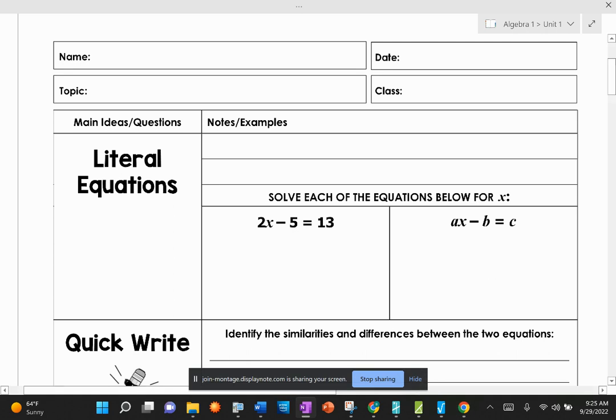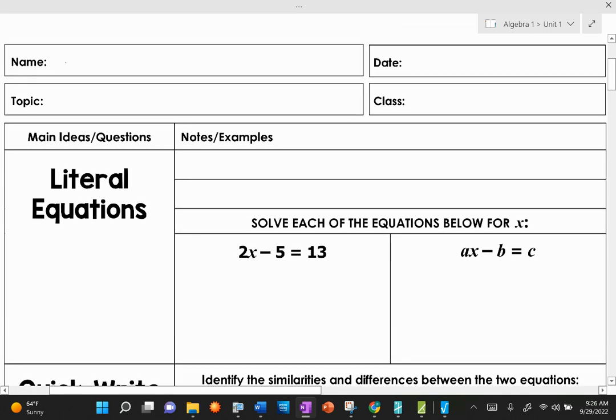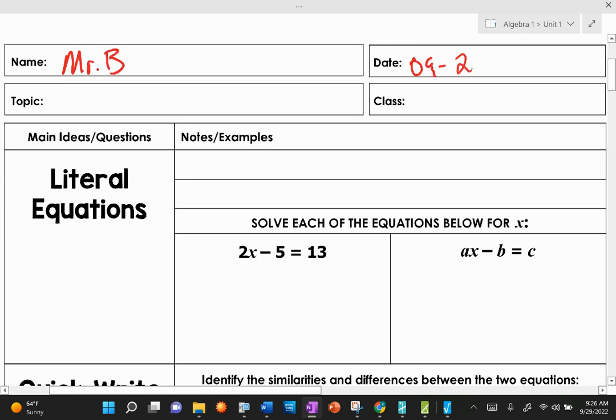Literal equations. Literal equations is more of a physics-used technique. You will do this a lot in science class over the next 3 years. Today's the 29th. It's always Algebra 1, and if you want to put less than 1.7, you can. And this is B1. Literal equations